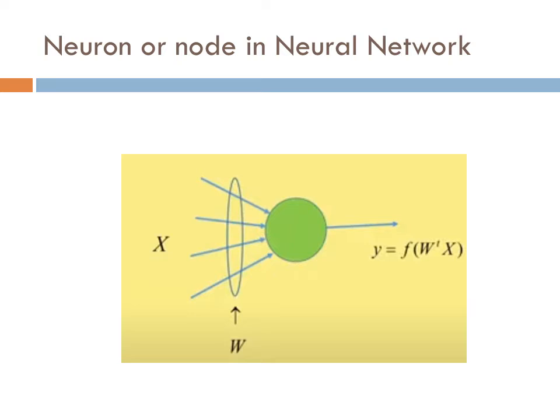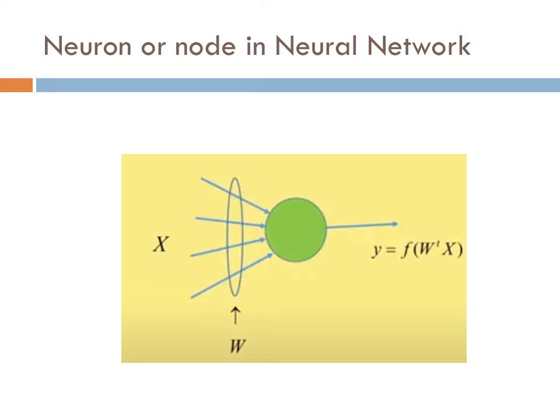Before we move on to the multi-layer perceptron in detail, a node in a neural network is represented as follows. Capital X is nothing but the vector consisting of the feature components. Earlier we represented x1, x2 up to xn appended with the value 1, and capital W is the weight vector consisting of w0, w1, w2 up to wn. The output of the neural network, y, is represented as a function of W transpose x.